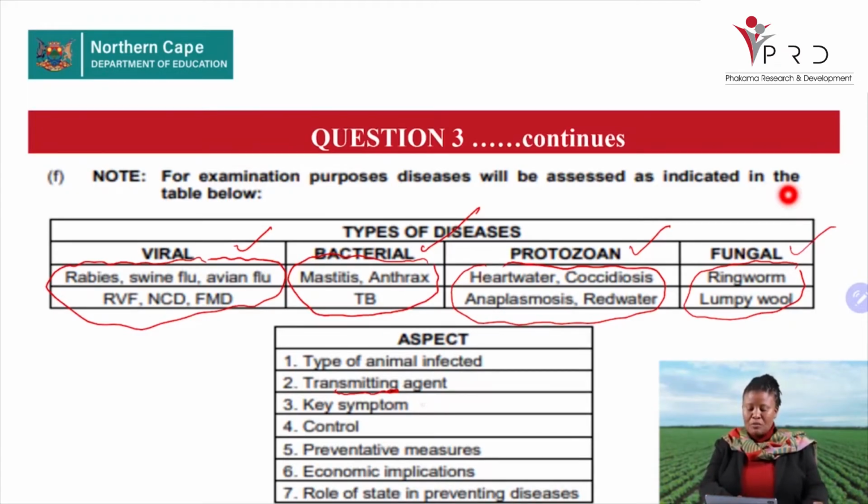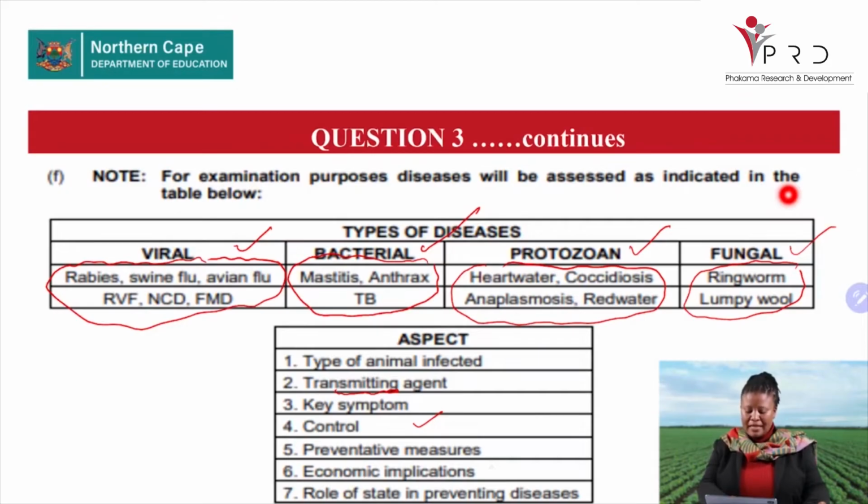We look at the symptoms. How can you tell that this animal has this disease? So what are you looking at? If you talk of foot and mouth disease, we look at blisters in the mouth, blisters under the feet, and so on. So how are you going to control it? You are expected to know it for your exams, ne? Then you look at the preventative measures. For your animal not to have that specific disease, what must you do? It's part of the